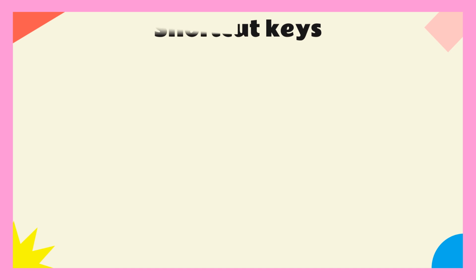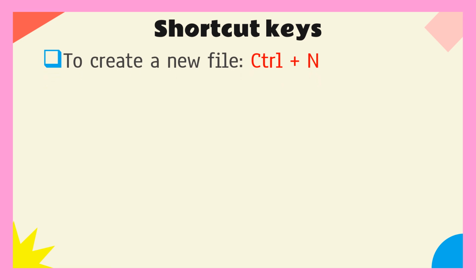Next, let us start with the shortcut keys. In MS Paint, we have already studied different tools that help us to draw different pictures and different objects in it. We can make use of various shortcut keys from the keyboard to make our task an easy one. First, whenever we want to create a new file in MS Paint, we can make use of the shortcut key Ctrl plus N. When you press the Ctrl plus N keys from the keyboard, a new drawing area, a new file, will be displayed